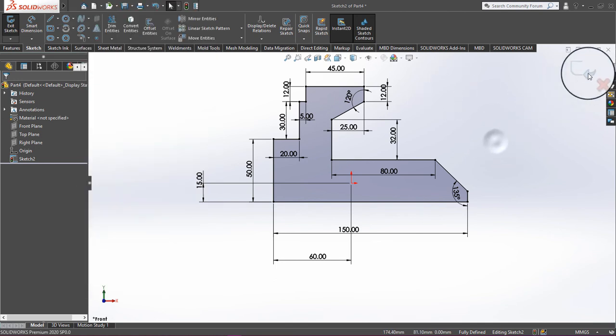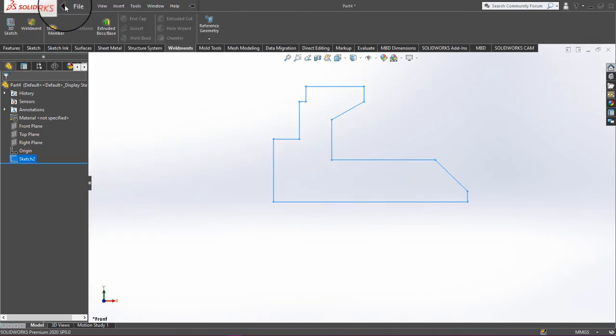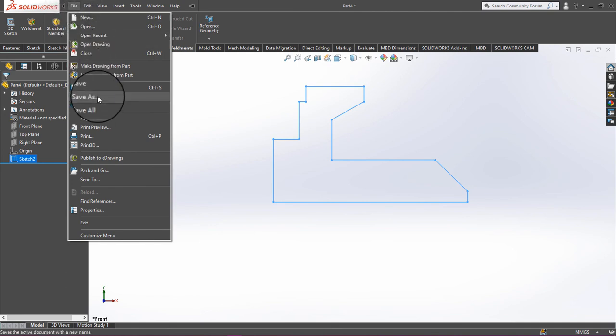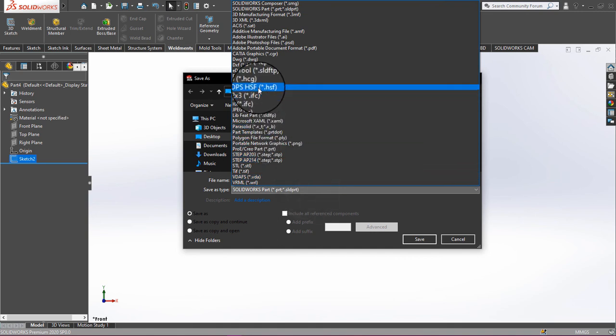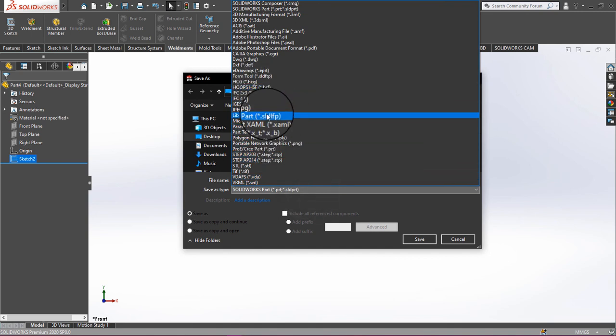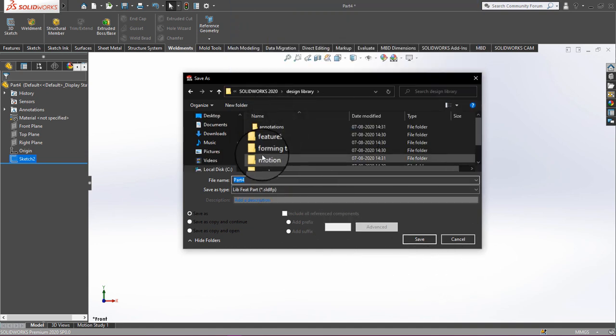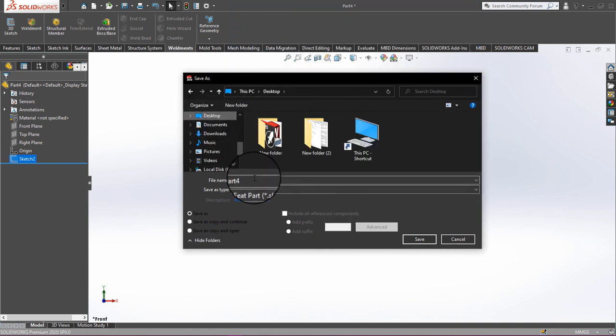Now click on file, click on save as, and save it as SLDLFP, library feature part. I just want to save it on the desktop and give it some name, like knowledge center. And save.